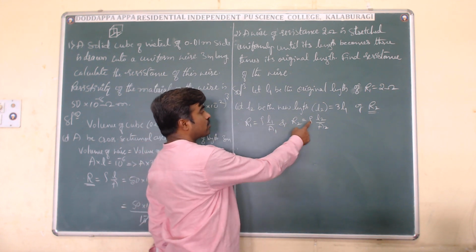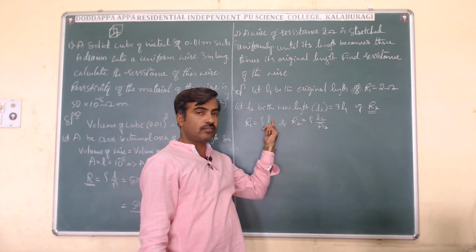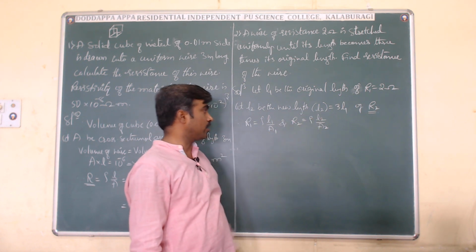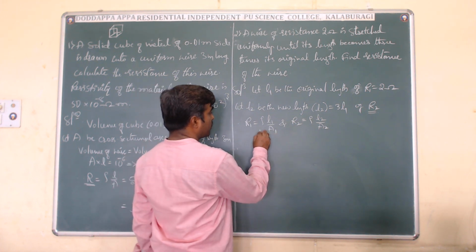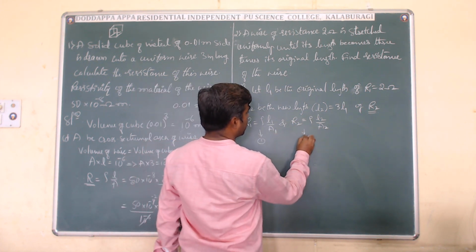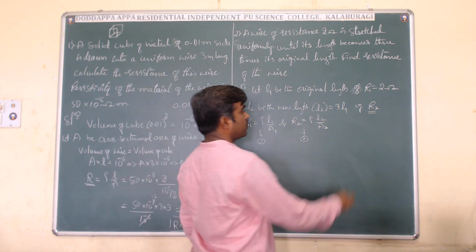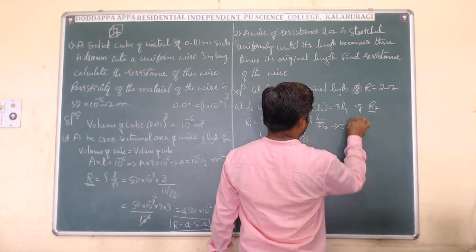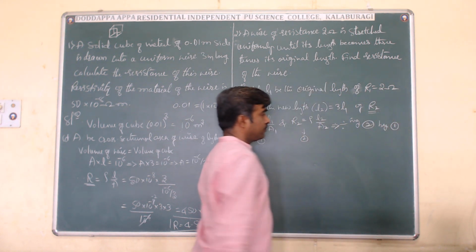Hence, it is constant. The dimensions which are going to change are the length and the cross-sectional area. We have to calculate R2. Let it be the first equation and the second equation. Now we need the R2 value, hence dividing equation 2 by 1,